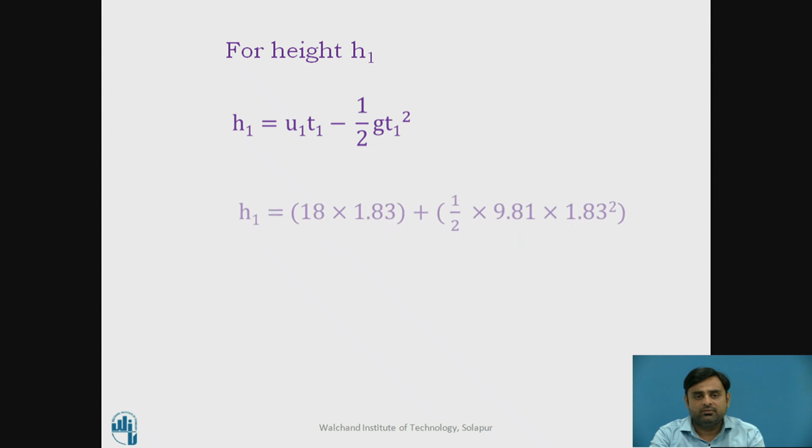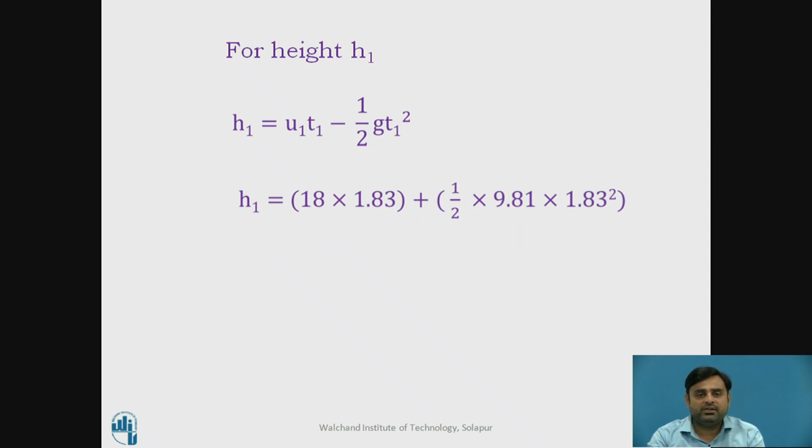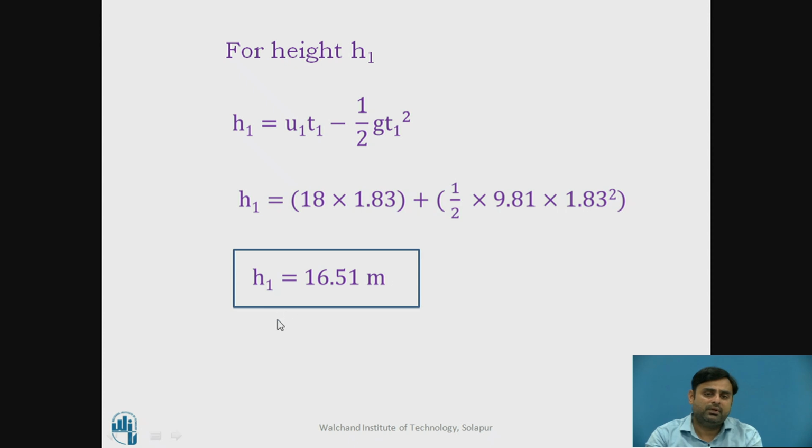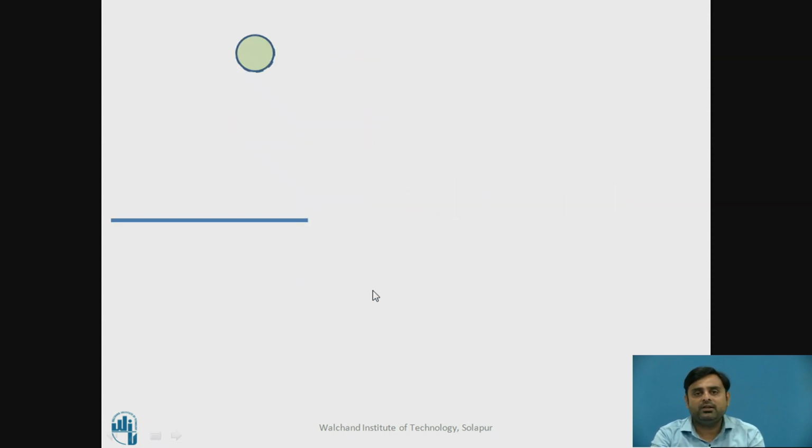So here h1 is equal to initial velocity 18 times time, which we have just calculated, 1.83. If you put the value of g as 9.81, again times 1.83. If we solve this, we will get that h1 is equal to 16.51. Similarly, now after reaching the maximum height,